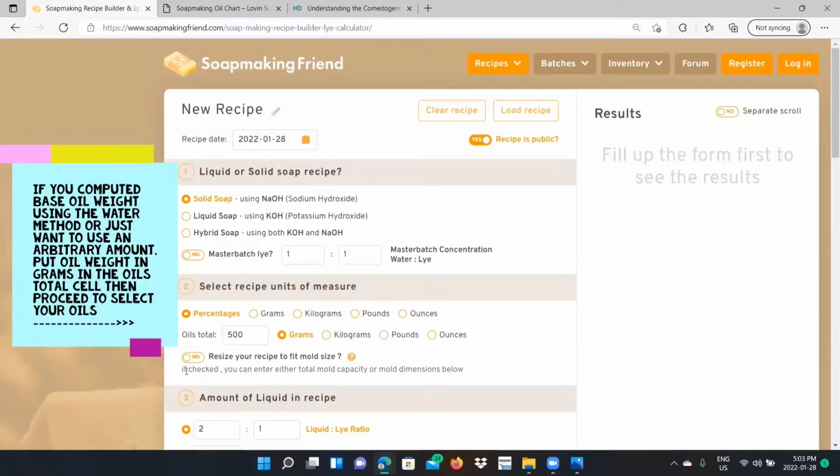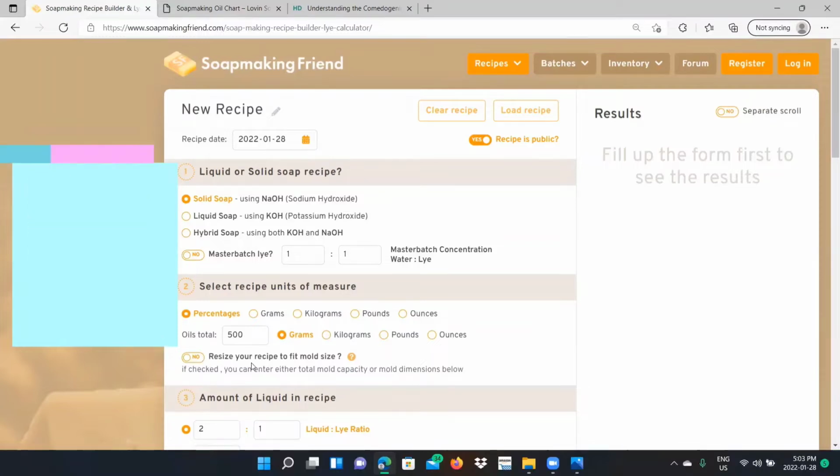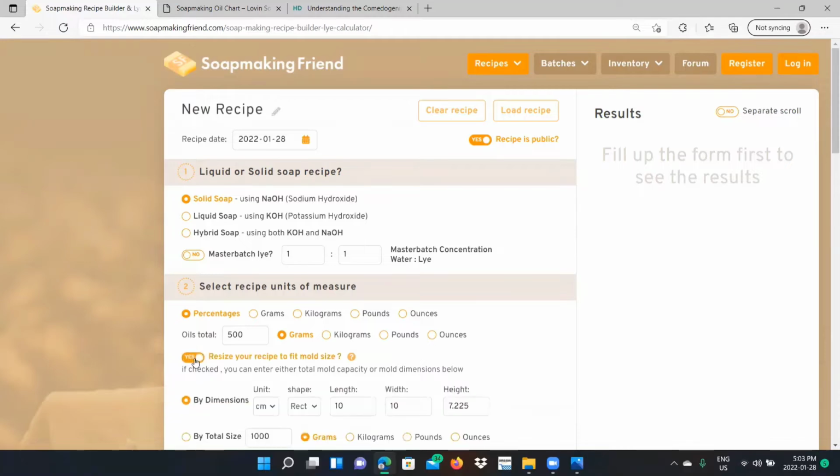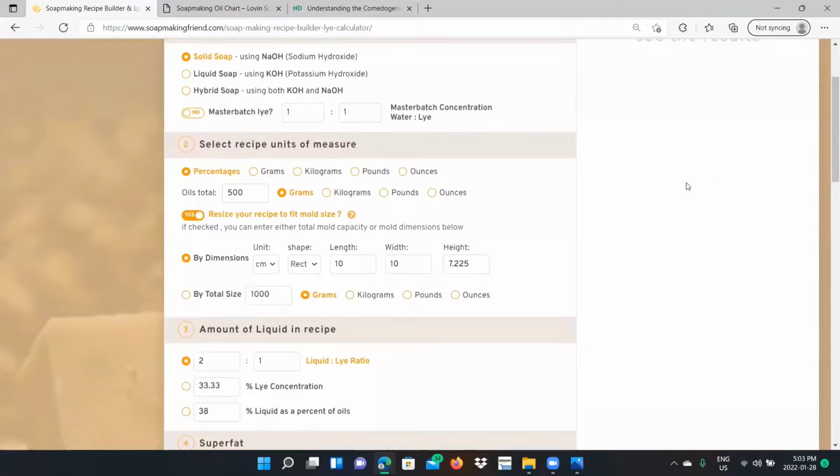So in here, we will choose resize your recipe to fit mold size. And then it will ask for the dimensions of our soap mold. If, say, for example, we are using a rectangular mold, it will ask for the length, width, and height of our mold. So let's plug in the measurements of my soap mold, which is